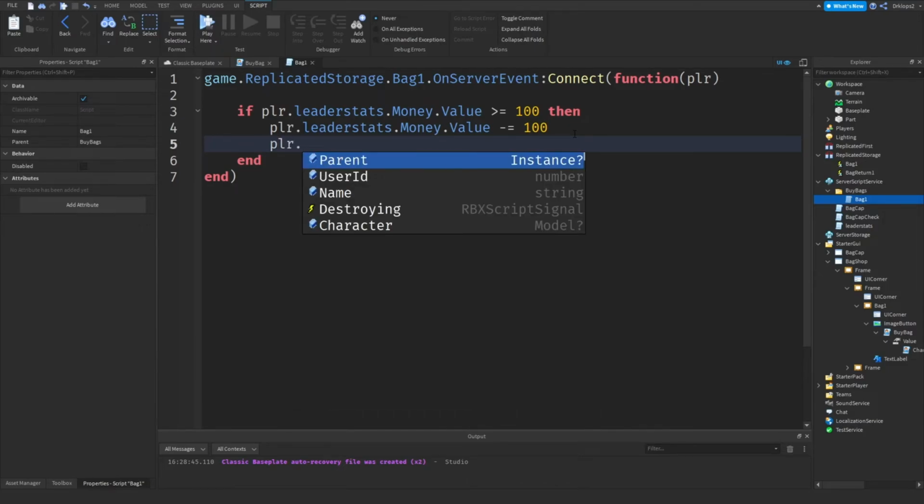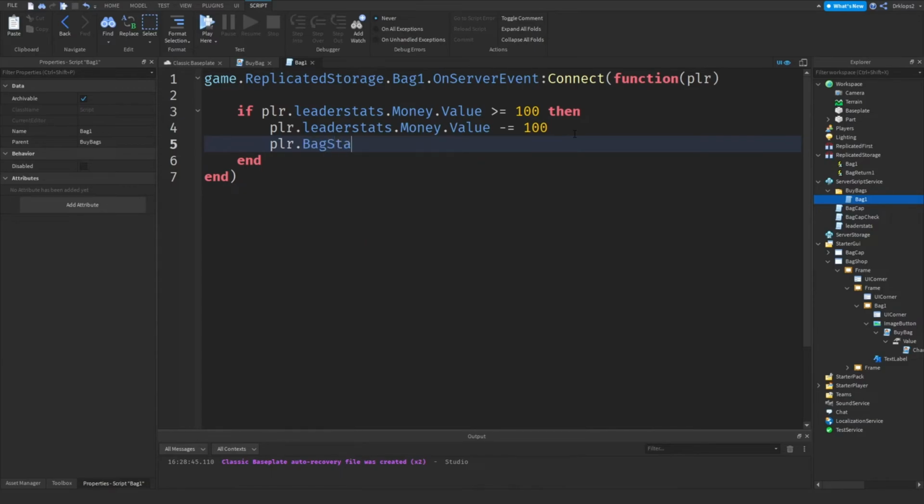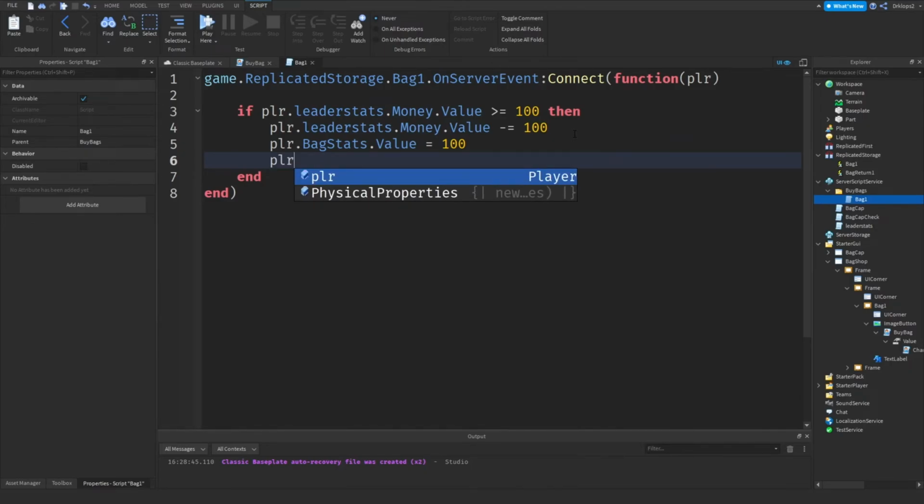And now we can do plr dot bag stats dot value is equal to 100. So this is pretty much what your capacity is going to be. This is what you want your bag to become. So when you buy it, it's going to equal this. You know what I mean? So if you want 200, this is pretty much your new bag capacity, which I'm going to set mine to around, yeah, I think 100 is good. Then plr